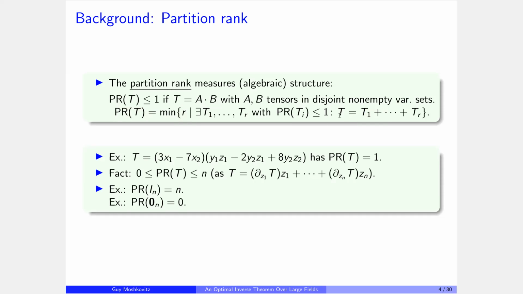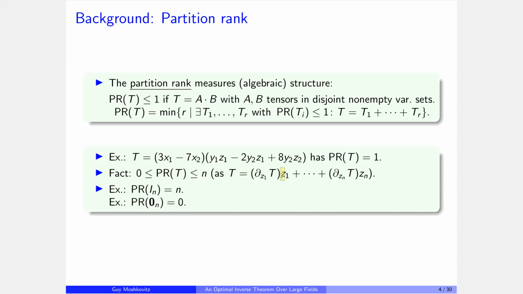And this is a notion of structure because you express T as a whole as just a sum of a small number of very structured pieces, okay? So in terms of the range, partition rank is again a number between 0 and n. In this case, it is an integer. The lower bound is obvious. The upper bound is also kind of easy because you can